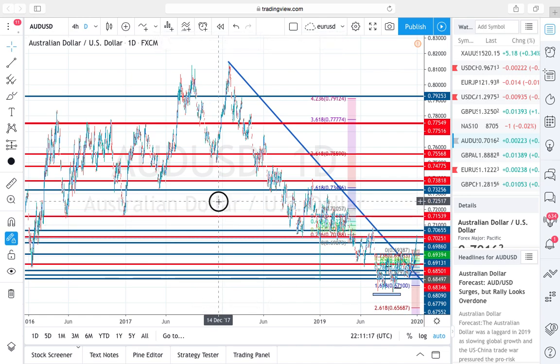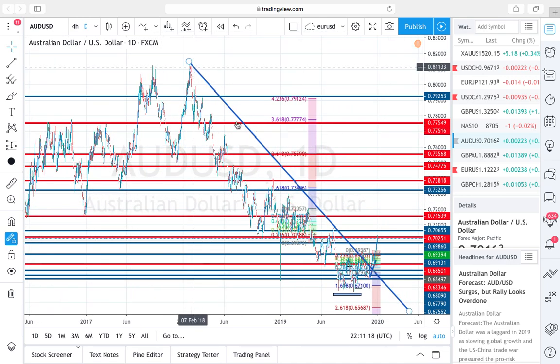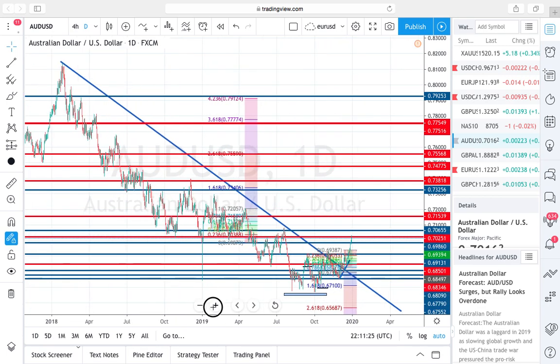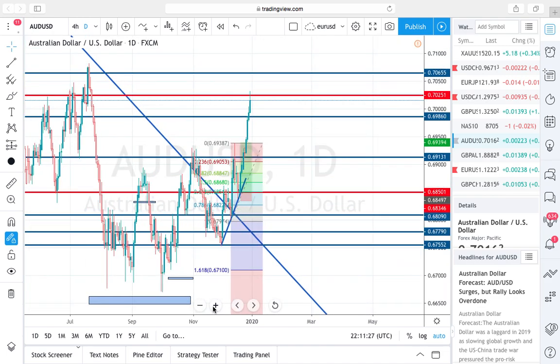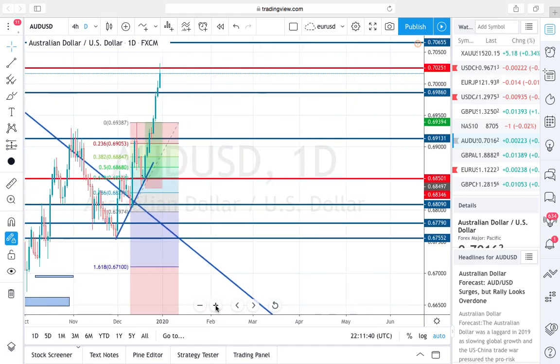So I started drawing from the very, very top, right? I got my first touch there, second touch, third touch, then we started to lose momentum towards the end. Then what happened? It breaks, retests, starts shooting up, right? But I actually didn't enter the trade then because I didn't notice it. So what actually made me enter this trade, right, is